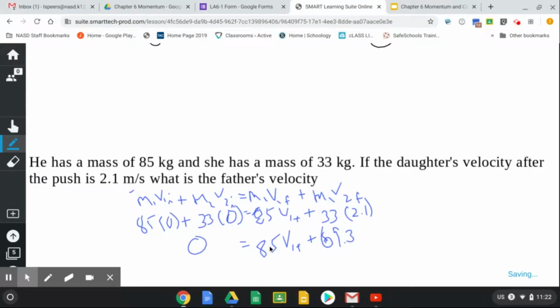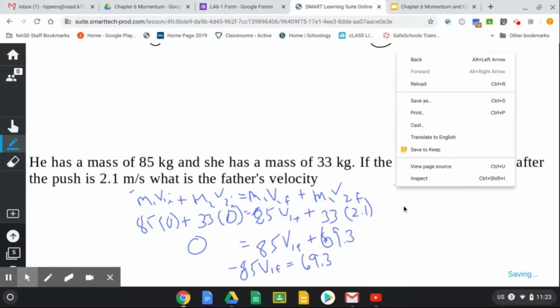Okay, so subtracting this over to this side, we're going to get a negative 85 v1f equals 69.3. Dividing both sides by that negative 85 is going to give me